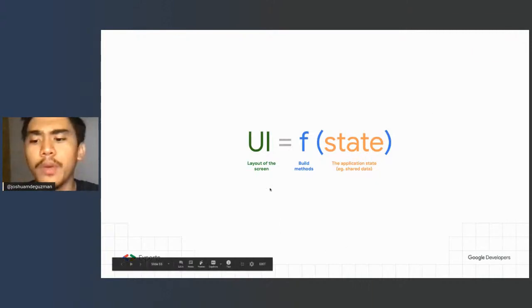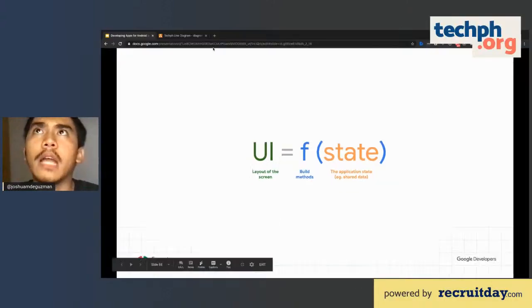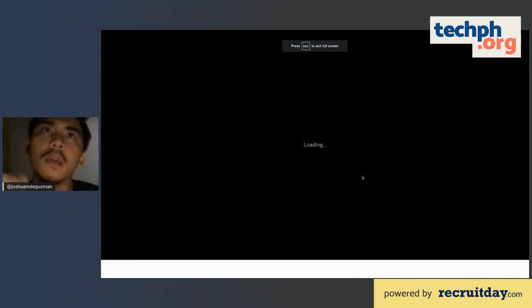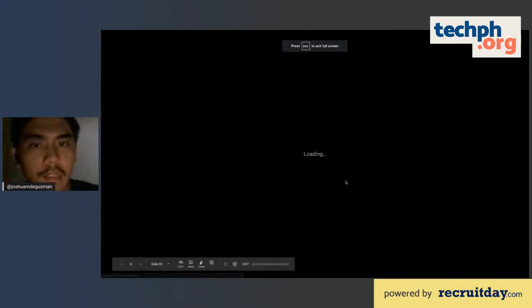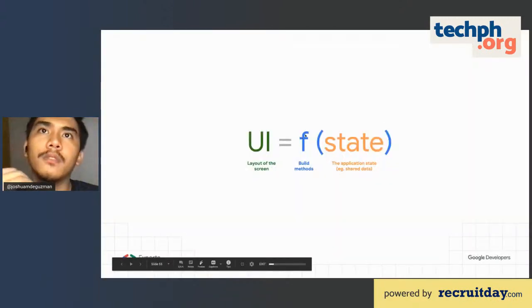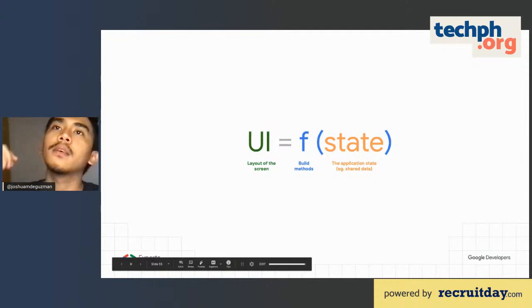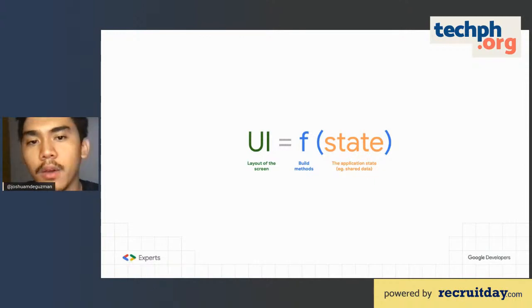For example, you've seen earlier we have a counter application. Every time we change something inside the counter application, this setState rebuilds itself. So this is a function for build. It rebuilds itself depending on the time you call or notify the framework that you want to update the state. And that's how your UI would actually look.